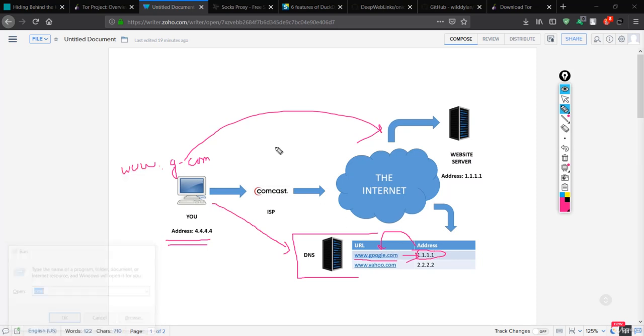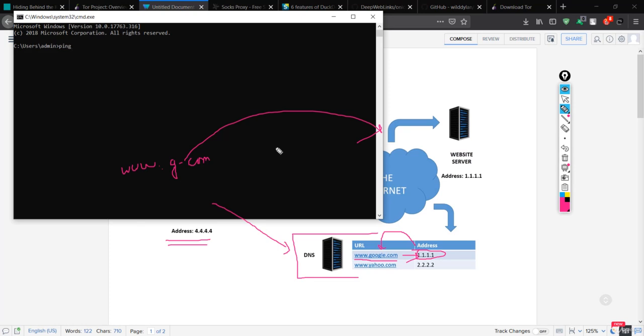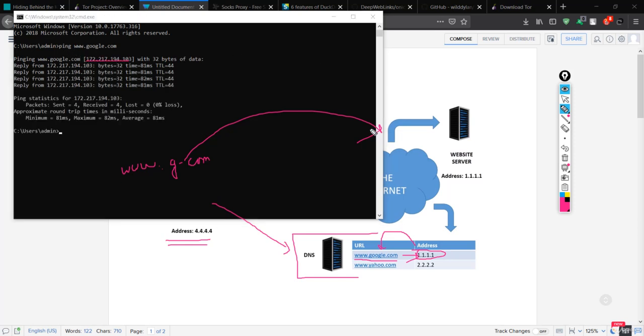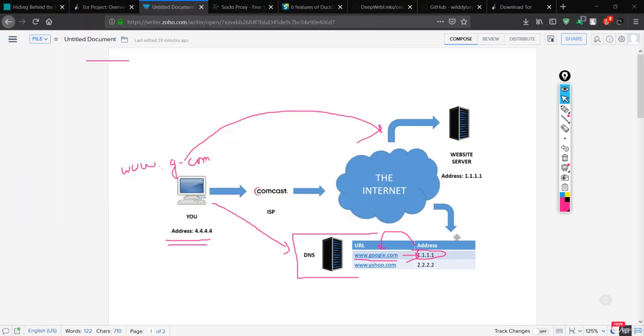So something like, if I go over here and ping google.com, you will get the IP of Google. You can clearly see over here that this is the IP of Google. So this is the way we can get the IP address. That is done by the domain name server, because the internet only understands numbers. For the internet, google.com is just gibberish.